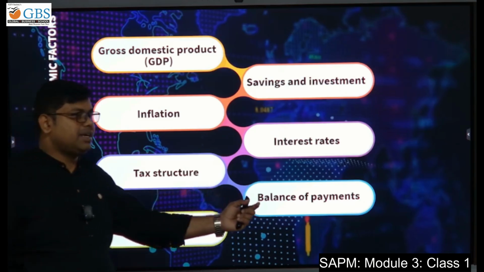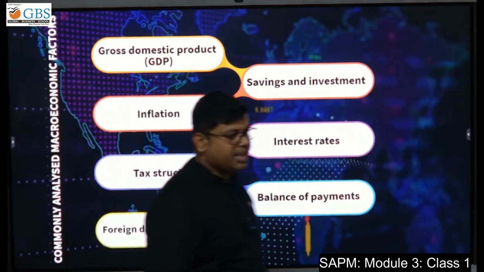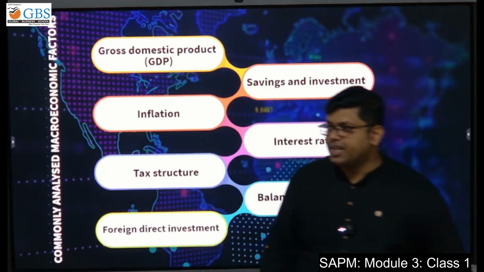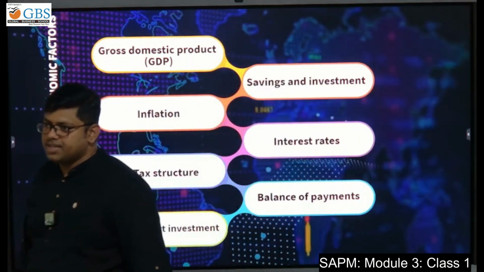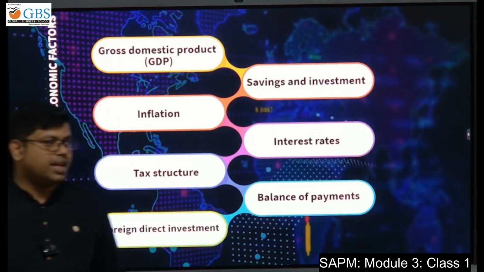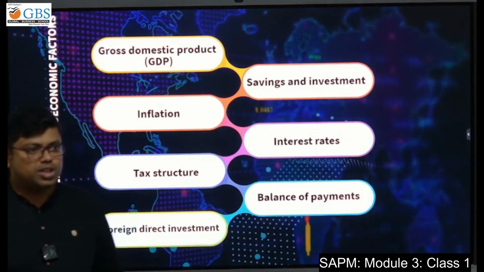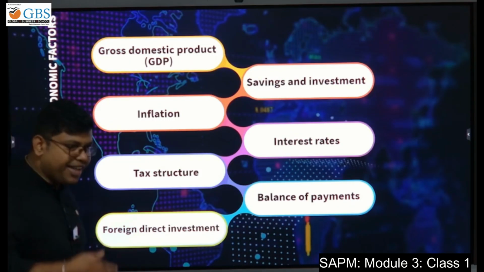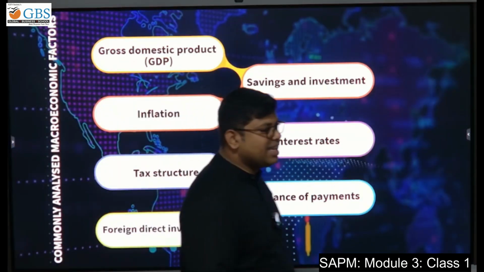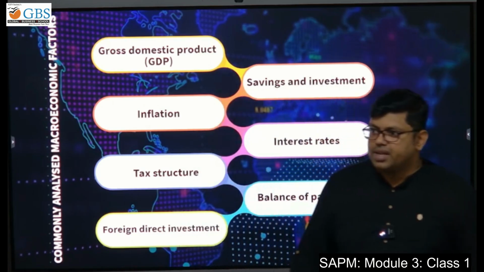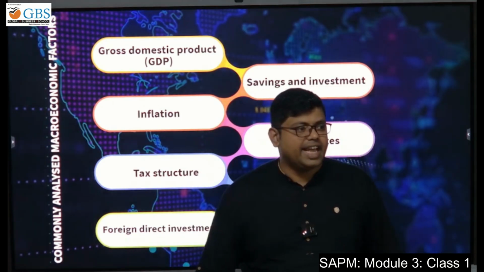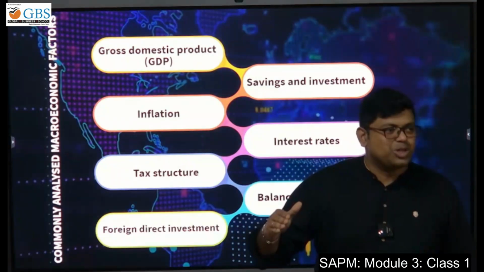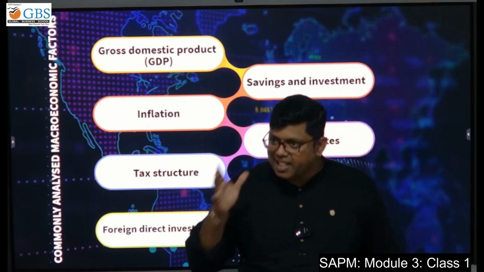and the balance of payment. What do you mean by the balance of payment? The amount of imports against the amount of exports. When exports are more, we say positive balance of payment. When there are more imports compared to exports, we say negative balance of payment. What is good for the economy of a nation? In the balance of payment, exports should be equal to imports. This is the ideal one.